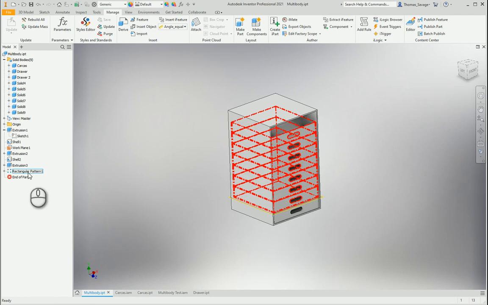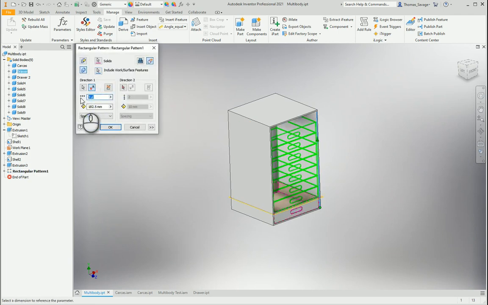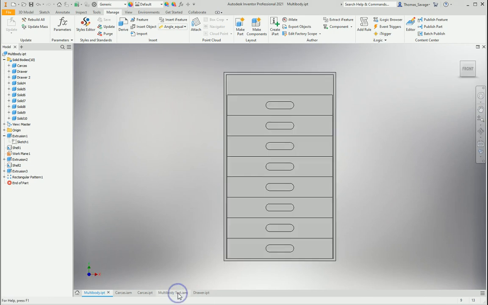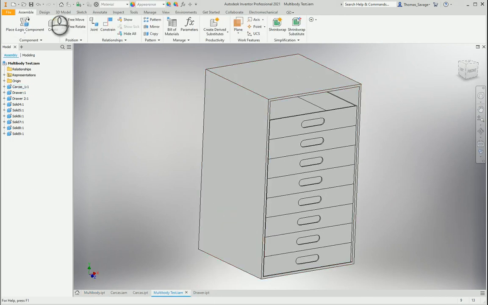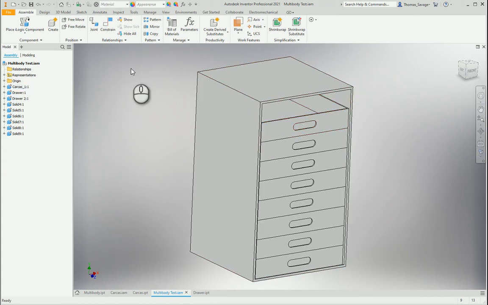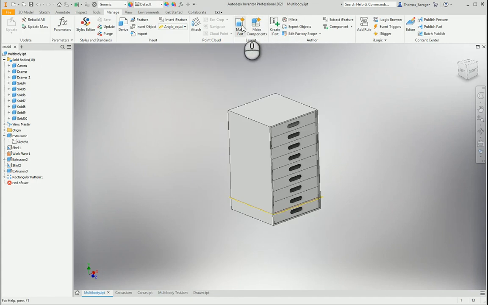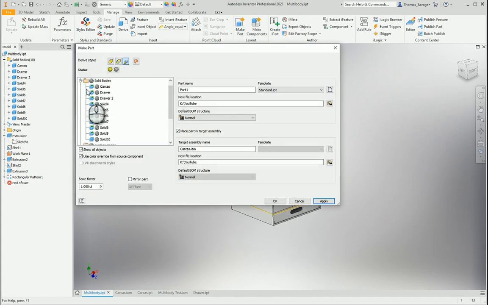So now if we went to our rectangular pattern, edited, and from 8 we did 9, updated, we'll save it to be safe. Go through to here. Oh, but this won't, because we've created a new solid, it will not bring that through, if that makes sense, because we've created a solid that the assembly hasn't got. That's where you could then go back and then use make part and then select draw 2